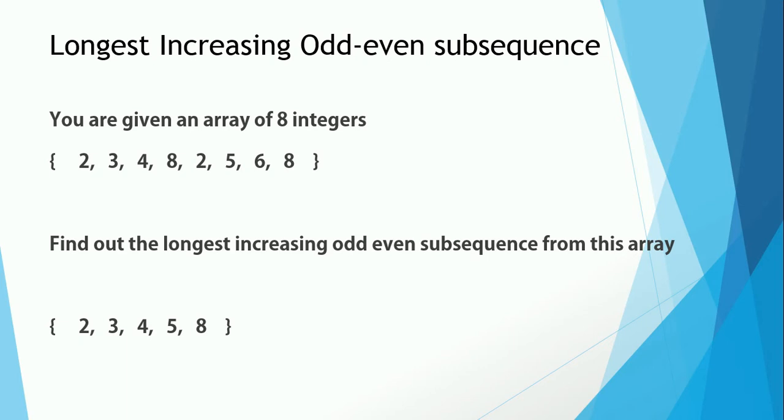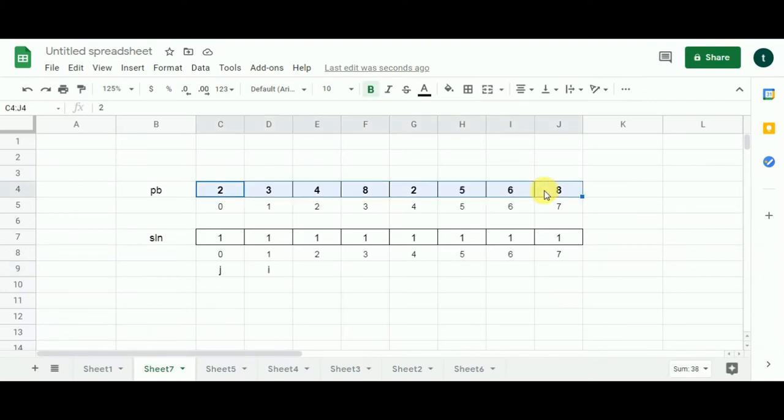Let's switch to the framework now. Take a good look at this array, as this is the problem array. Beneath it is the solution array which we are going to fill to find out the length of the longest increasing odd even subsequence. First, I have filled this entire array with 1, which represents our base state. I'll solve it using the same technique by which I solve LIS, so I have placed two variables here, i and j. Variable i will move to the right and variable j will reset to its base position for every iteration of i and will move towards i.